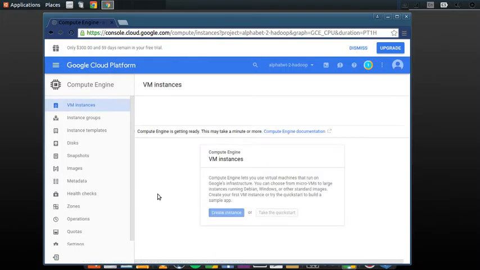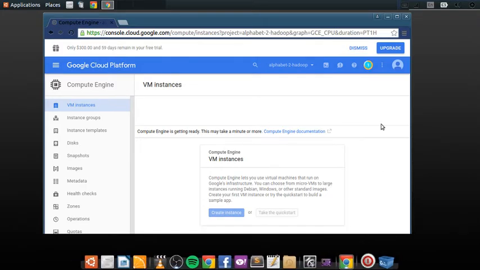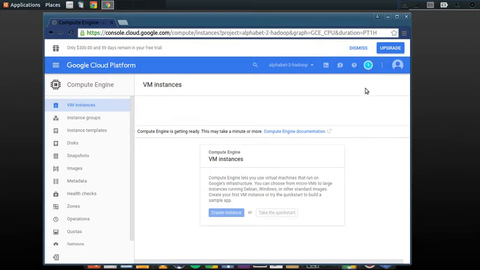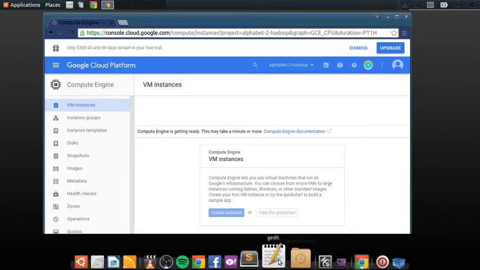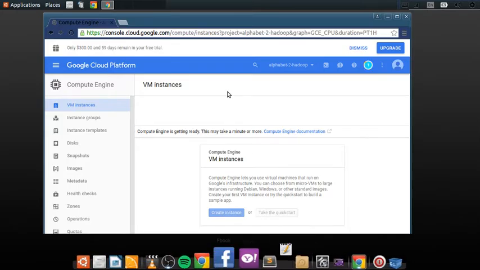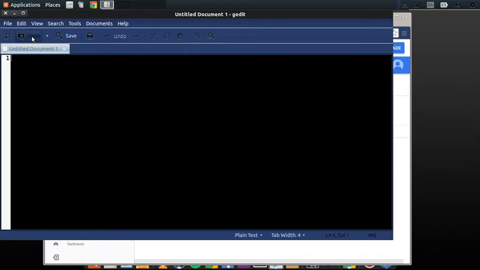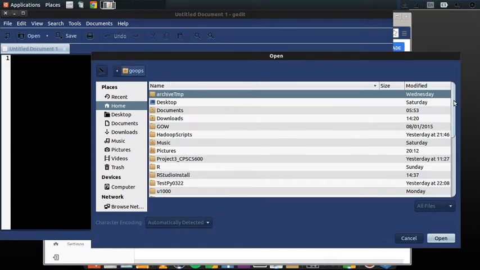Now, when we come to the Compute Engine homepage, we're given a bunch of options here: instance groups, instance templates, images. You can take a snapshot of your system, that sort of thing. My wheel is spinning here. While my notifications wheel is spinning, I'm going to present the script that I have written